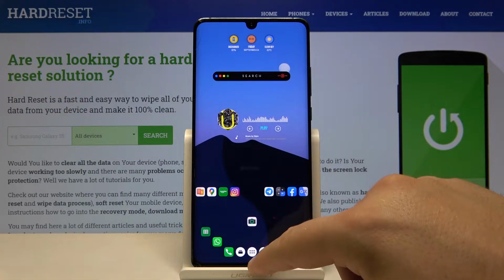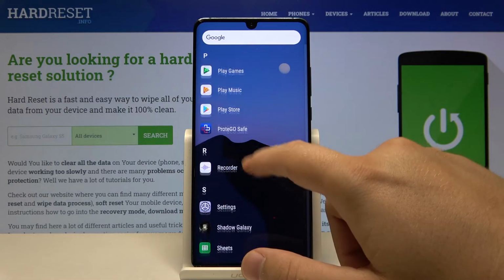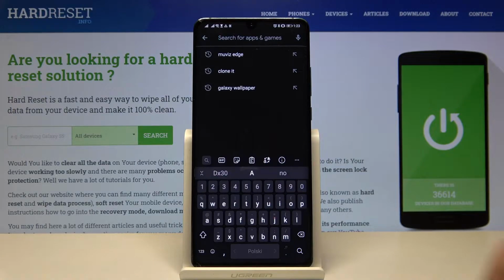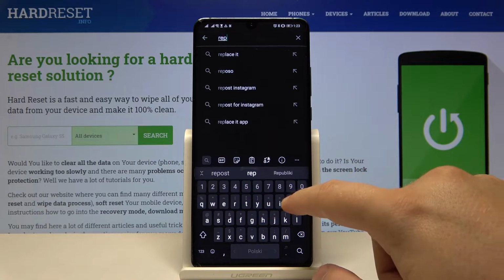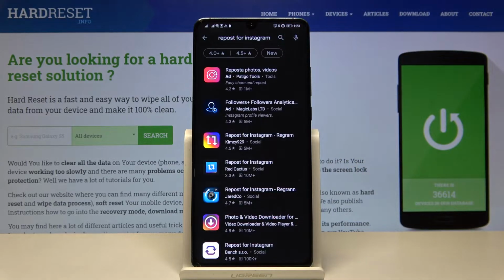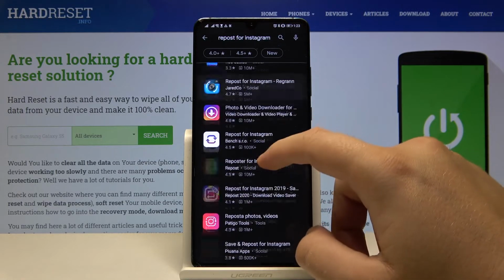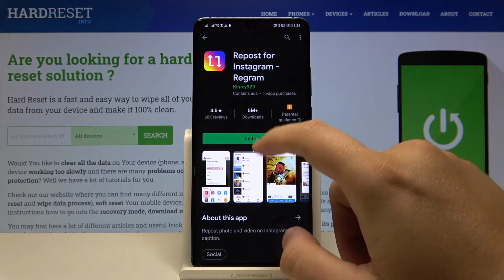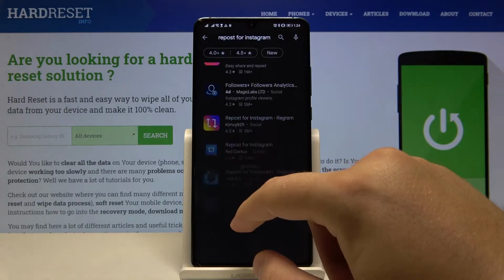the second application. So we have to move to the Play Store. We have to tap on the search bar and type here "repost for Instagram". You can also select it from this quick list, and we have to get this application, Repost for Instagram. Click install,